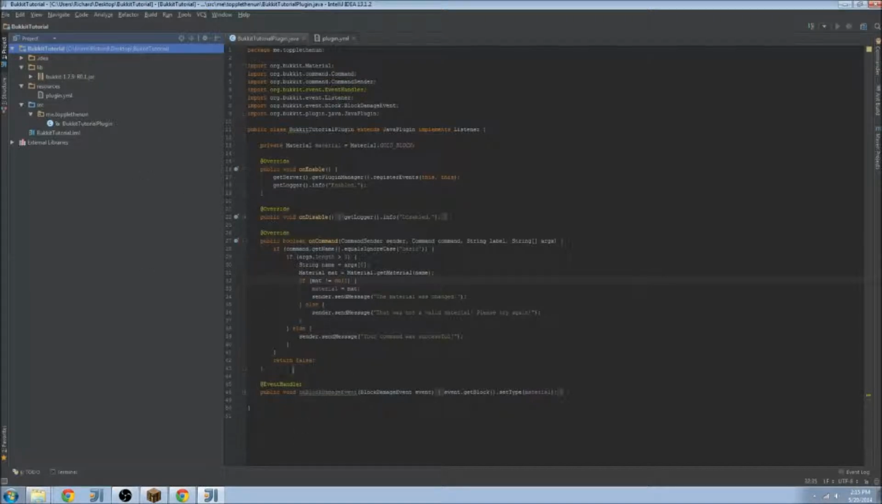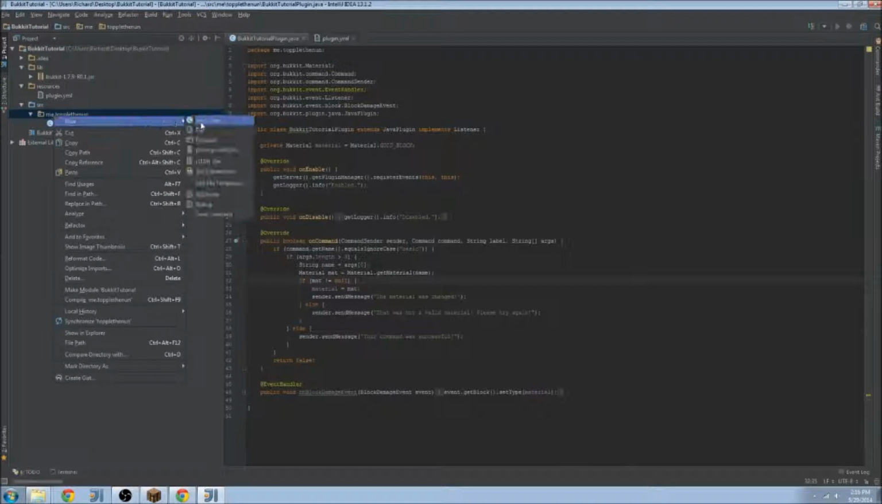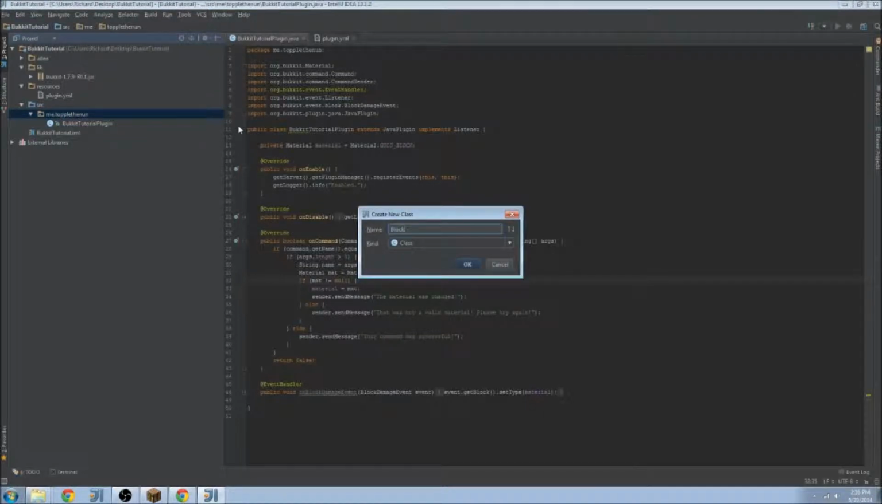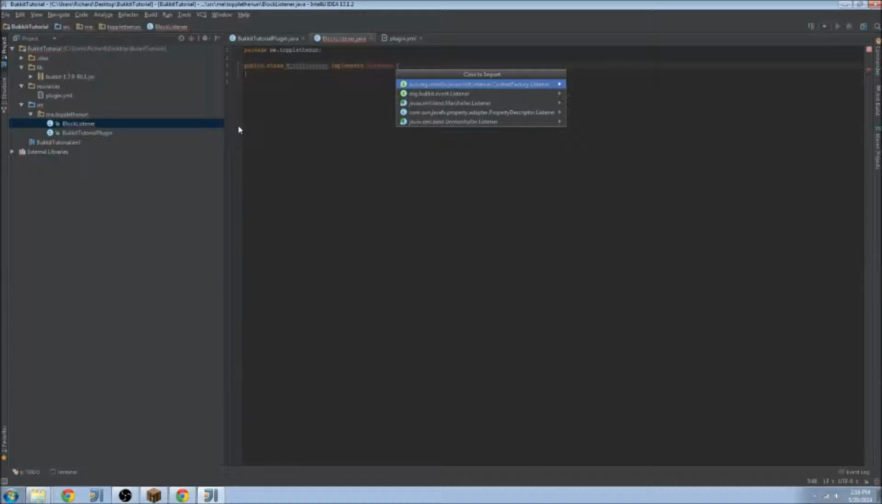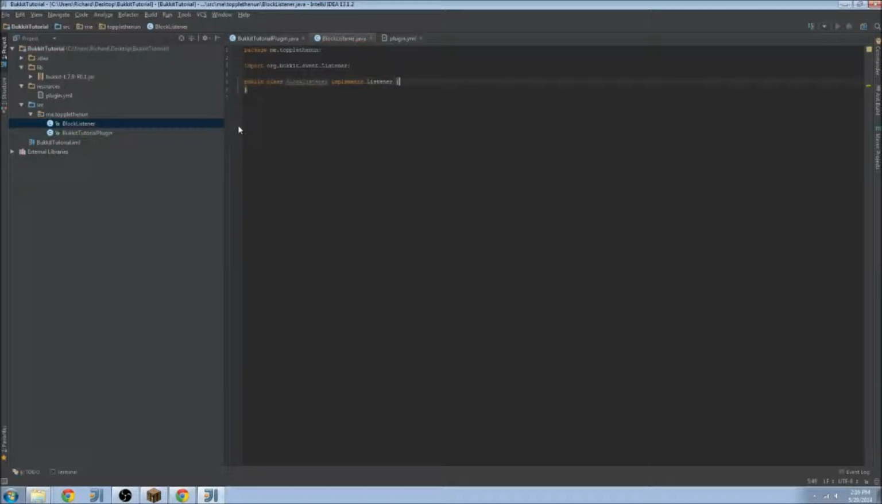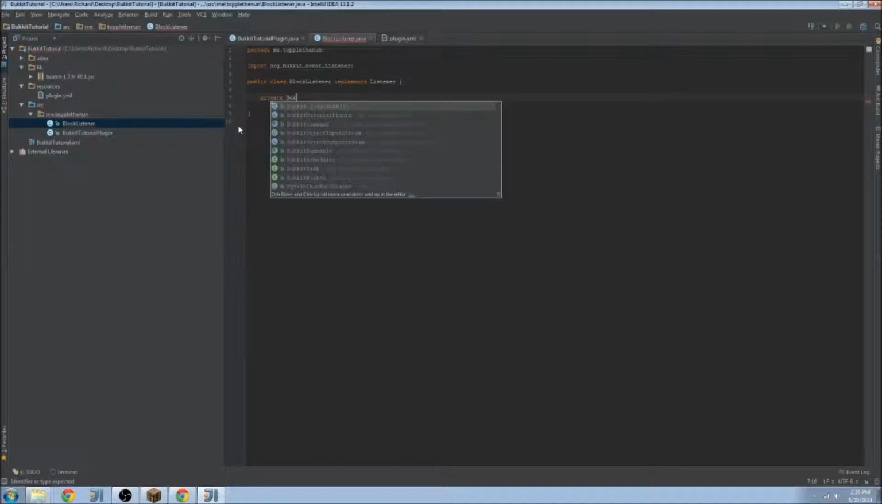in game. So if I want to create a different listener class, I'd right click on my package, meet at top of the nun, and create a new class and call it block listener. I'd want it to implement listener, and the class I would want to import is org.bukkit.event.listener. I'd want to create a field, call it private bucket tutorial plugin,